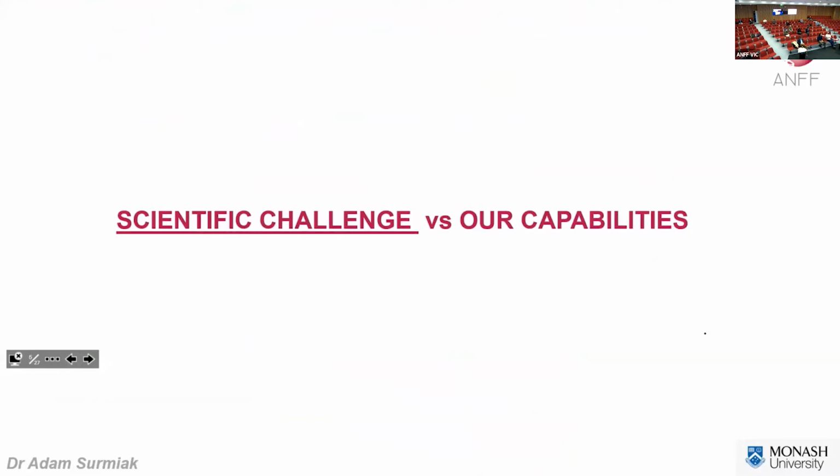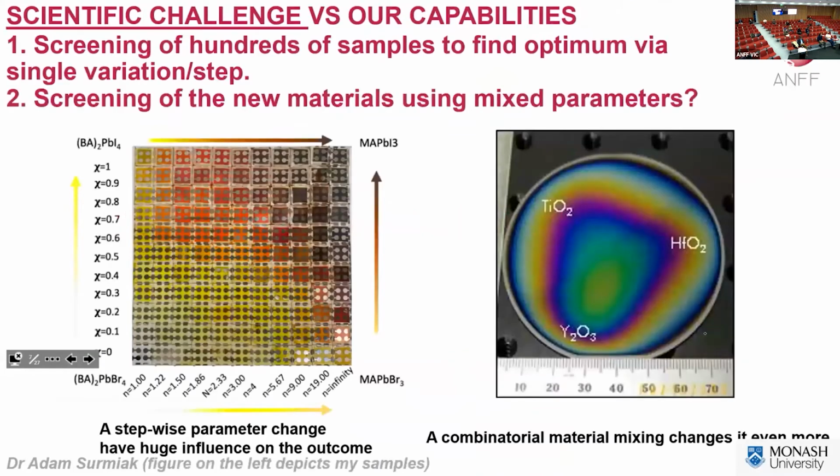So what's the challenge? At the moment, everyone is fabricating their samples with stepwise parameter change. The samples on the left-hand side are mine. I was changing just one parameter, and therefore I ended up with a huge array of samples. On the right-hand side, you can do combinatorial material mixing, where you mix many different materials and get pretty much unforeseen outcomes on your